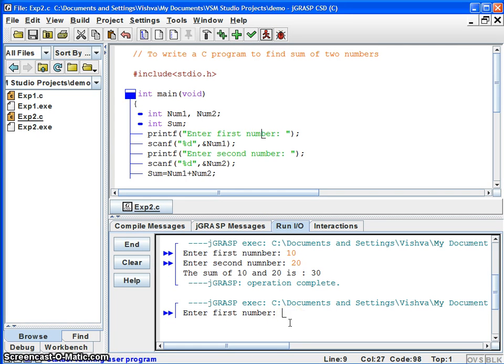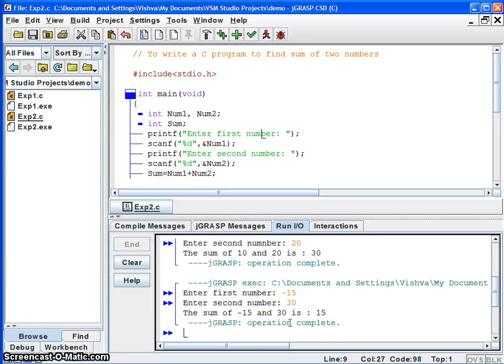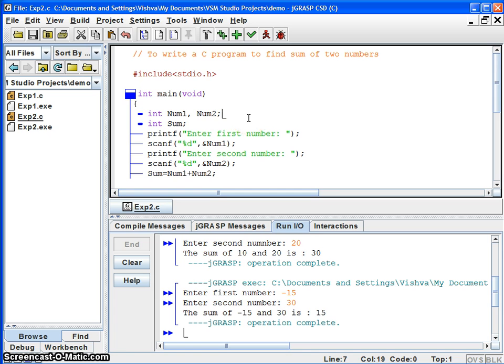and I say now my first number is -15 and second number is 30. So you can see over here. You may also understand now, when I say integer, it takes both positive as well as negative. But it takes only the integer part, it doesn't allow fractional values.